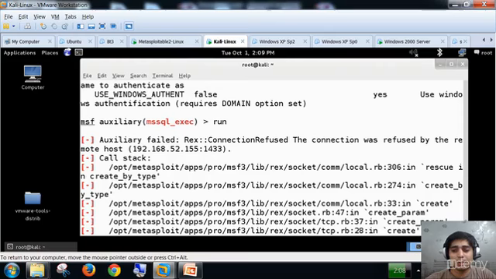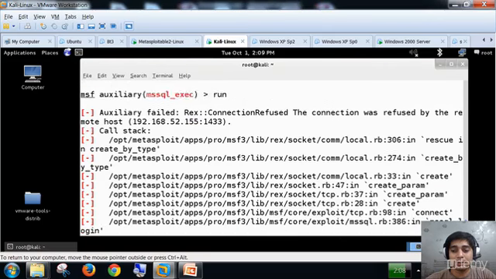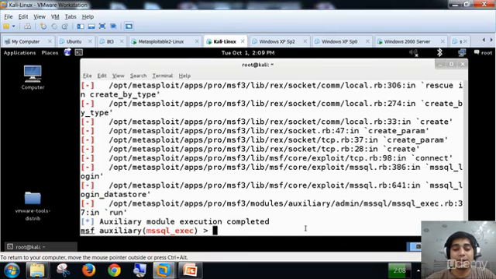So no need to worry, because we are going to see a lot of things, but it's important that you understand that it's not always going to be a success. It's a procedure of pen testing to try and hit each and every dead end that is out there, because out of those dead ends there is going to be a loophole, a blockage from which you can enter the website or network, and that's going to be our task. So make sure you also try other modules by simply hitting the search command,